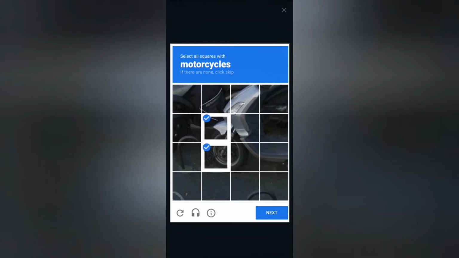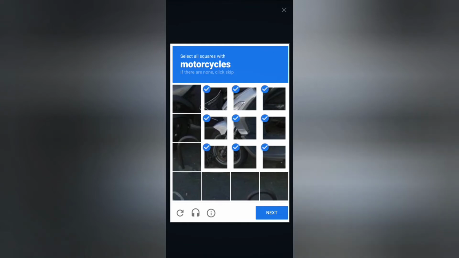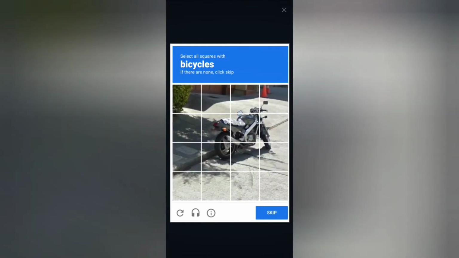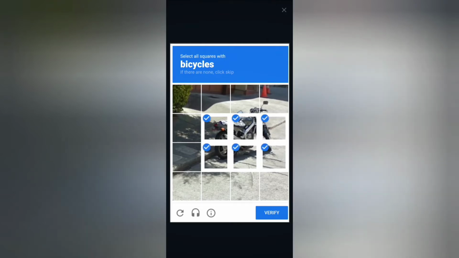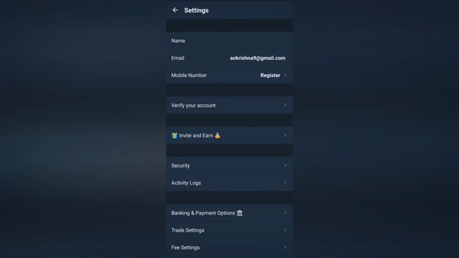Click on motorcycle. Next, it is asking again. Click on motorcycle. Verify. Now we are successfully logged in.